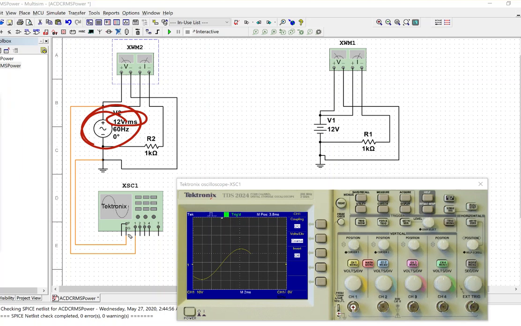And I've hooked up this oscilloscope here. Now I'm using the Tektronix scope, and I have another video for Lab 4 which shows you how to use this oscilloscope. I kind of like using the real equipment more than just the Multisim equipment, because this is a little bit more of an experience of what you would see in a real lab. But looking at the oscilloscope, if I run this simulation,